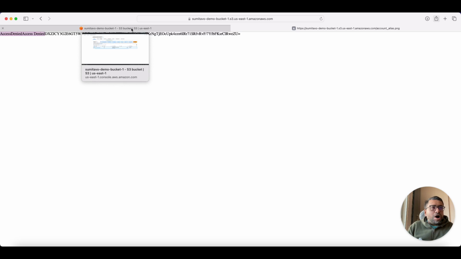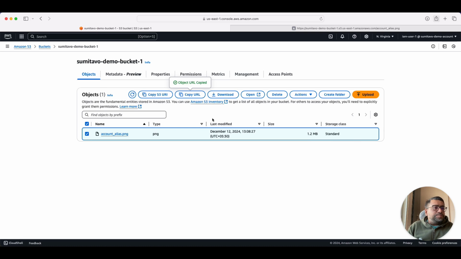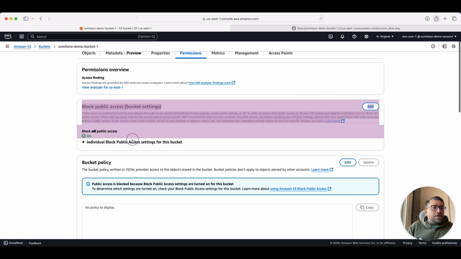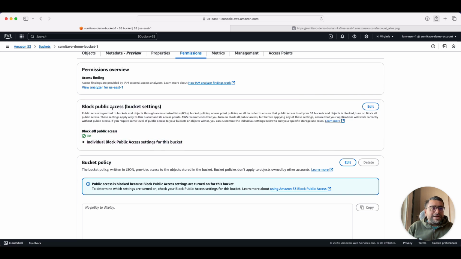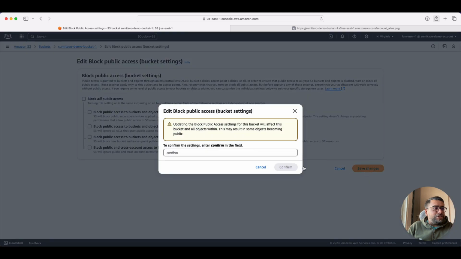I'll show you how to make this bucket public so that you can access the object using the same URL. I will go to the permissions tab over here, and the first thing that we need to do is turn off this block public access setting, which is an AWS safeguard to make sure that your bucket does not get accidentally public. So I'll edit this, turn off this checkbox, and save the changes. I need to confirm the change,